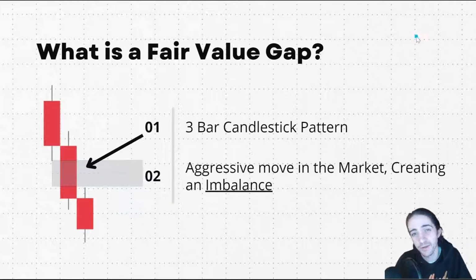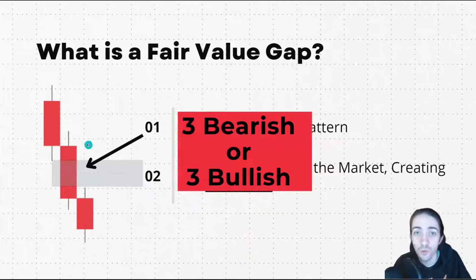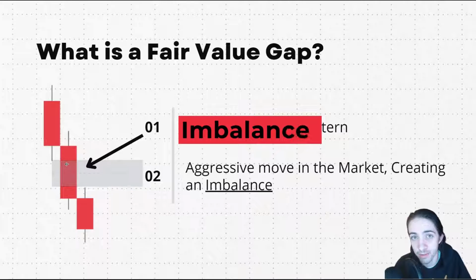So what is a fair value gap? It's a 3-bar candlestick pattern where we have a down candle, another down candle, and another down candle, or in the opposite, we could have 3 green candles, but what we're looking at is the wicks and the bodies. Now we see the wick from the first candle does not reach the wick of the third candle. That leaves a fair value gap and an imbalance in the market in between this zone,